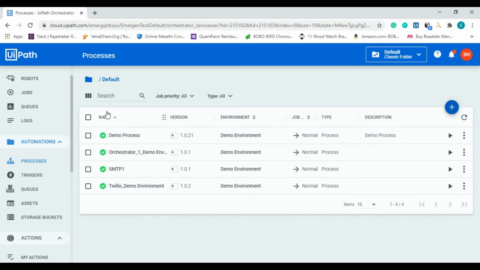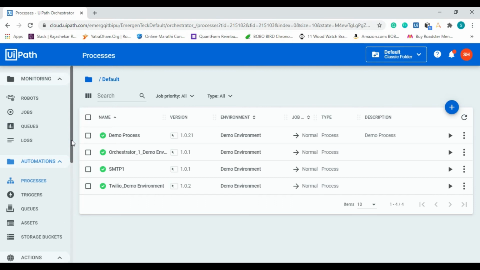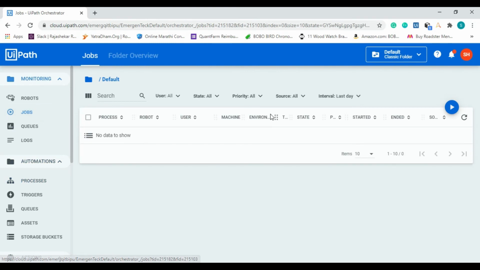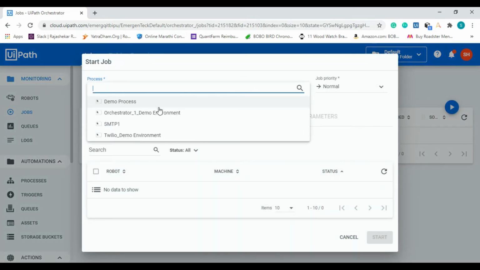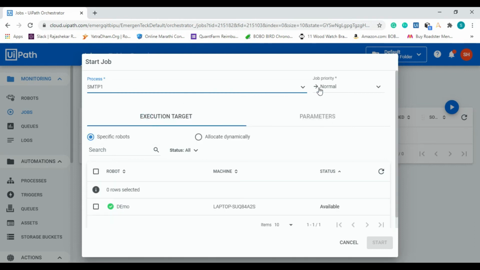So now it will be added into my process list. Let's run this process through the orchestrator. Now for running this process we have to go to the jobs. Okay, so from here you can run your process. So click on this start button. Here you have to provide your process name. Okay, if you see here there are options like the priority. So if you have any important process, at that time you can make it high, normal or low, whichever as per the priority of the process. Now by default it will take normal, and after that it goes to execution started.